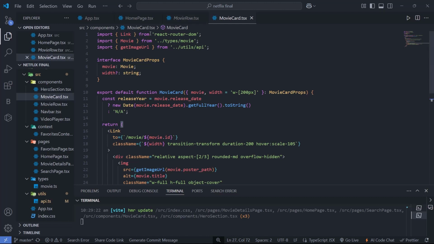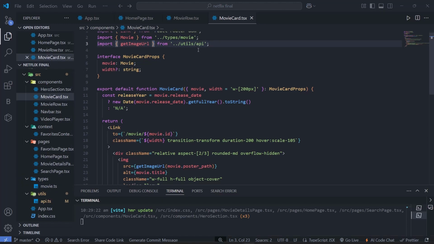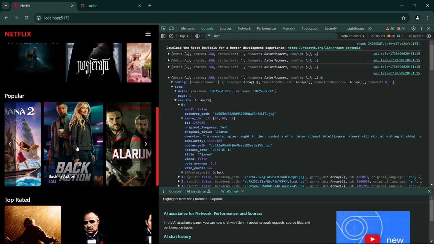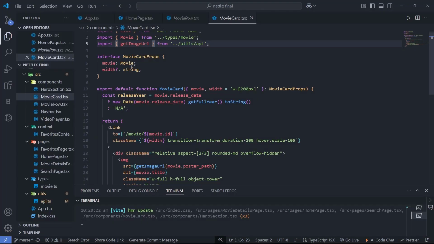So in movie card we are importing Link from React Router DOM. So the link is coming from React Router DOM. Whenever you click, it goes to some path, right? So now we have movie types, movies and getImageUrl from the api.ts that we have seen just now, right? All the APIs. So to get the image, because in the movie card we are getting the image, right? We have movie card, we have image, right? So to get the image we are using getImageUrl,